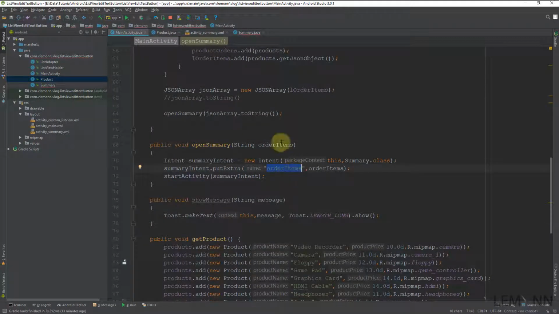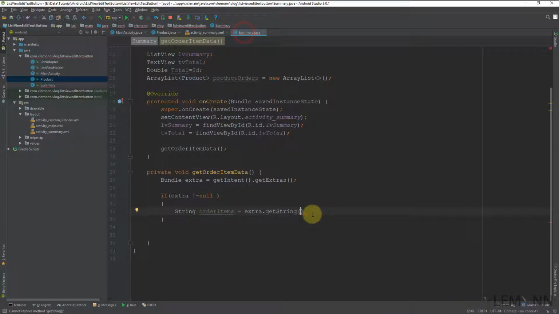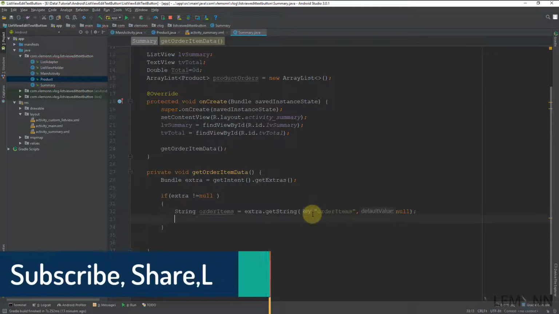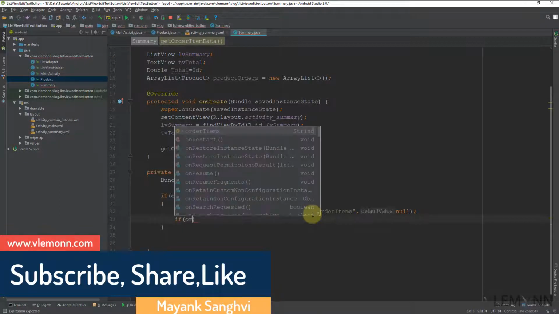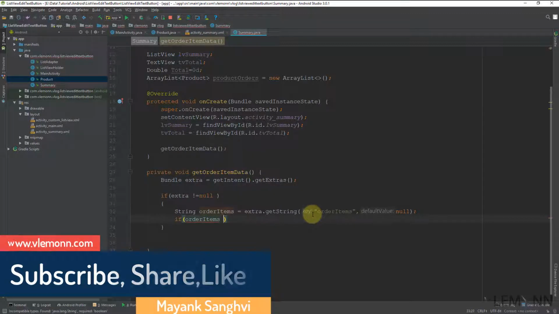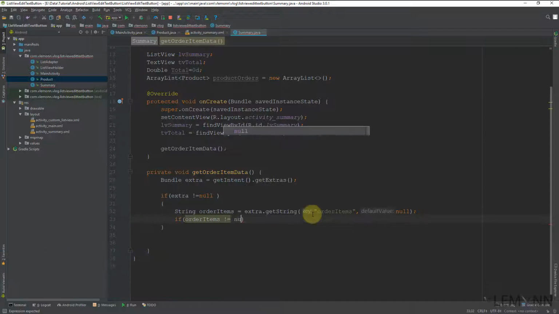Our key is order item, so I'm going to copy this key. If we are not sending order items, then the default value for this is null. Now I'm going to add another if block, and I'm going to say if orderItems does not equal null,